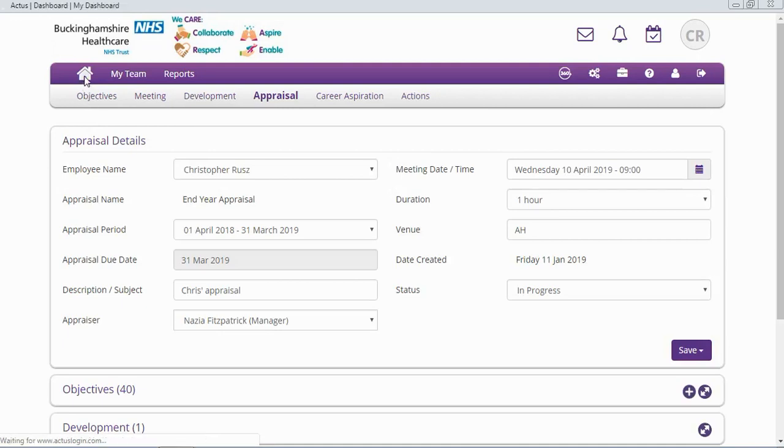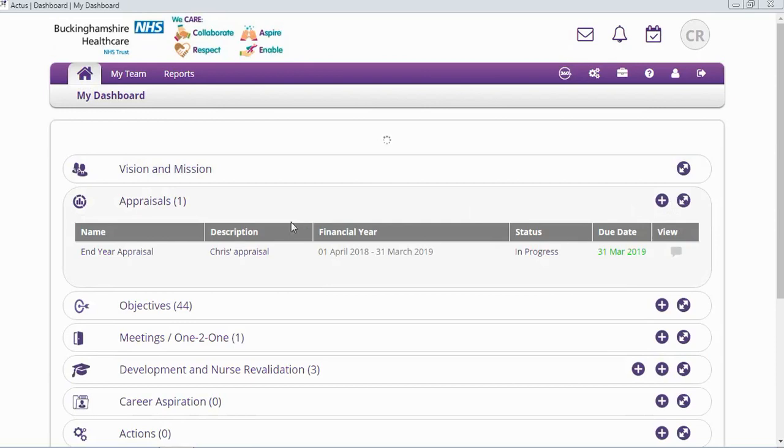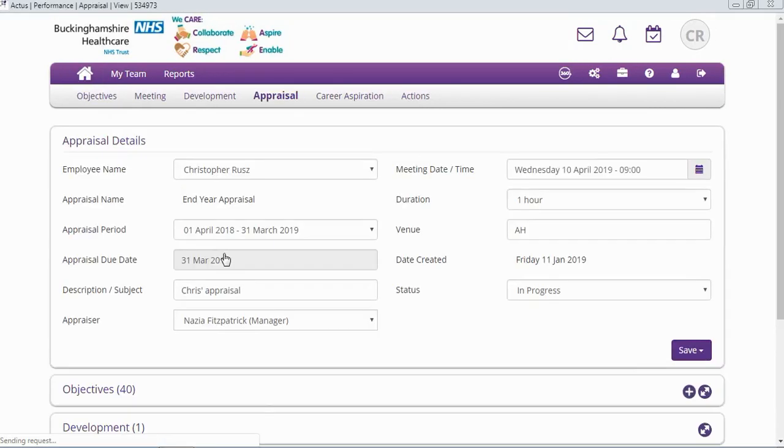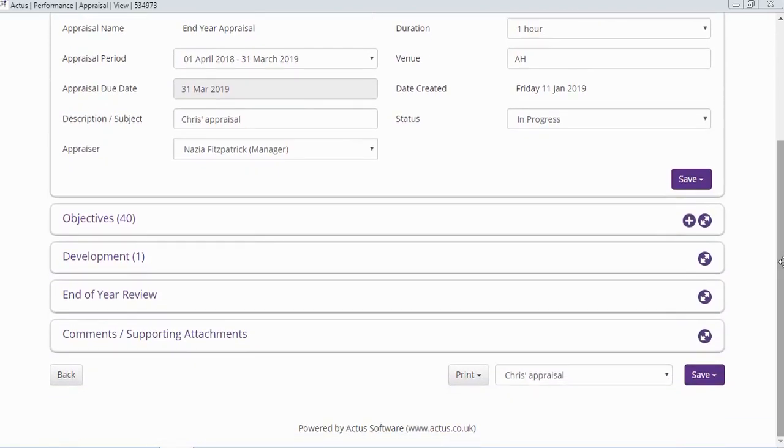If we go back to the dashboard, you will now see that next to the appraisal there is a little 1 in brackets. If we expand this section, you will see that this is the appraisal that I've just added onto the system. It's got all the information, everything that you have added into there. Once you've saved it, some extra little